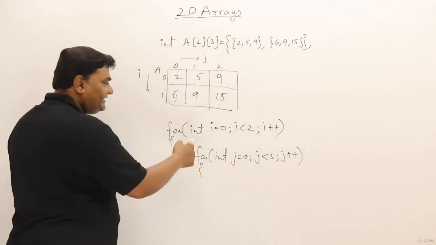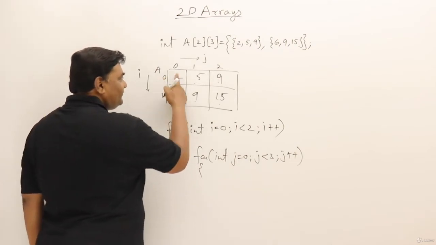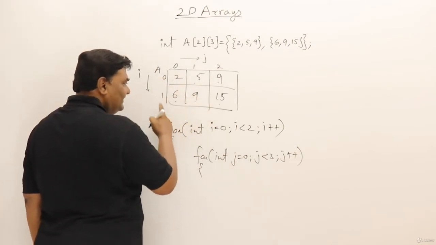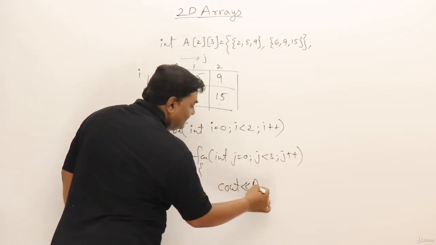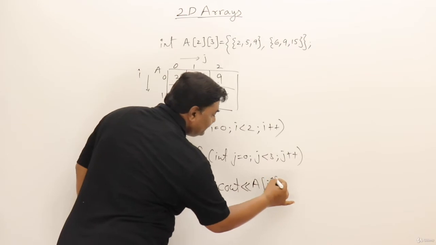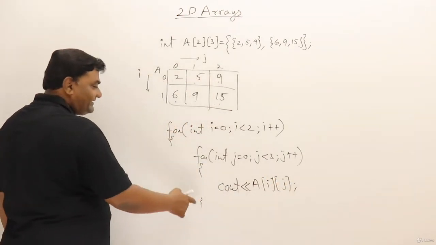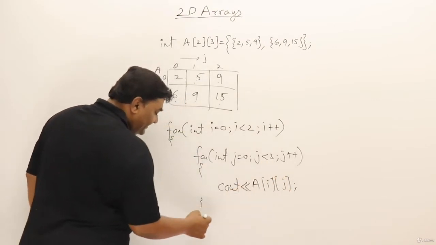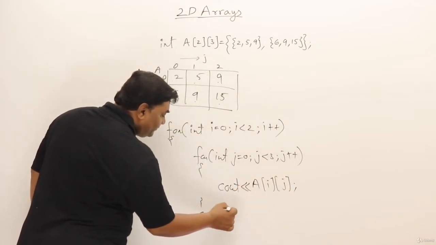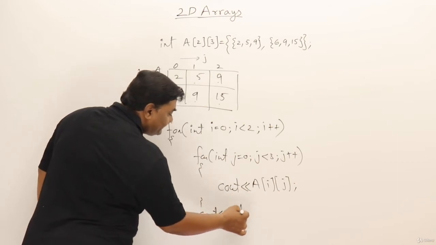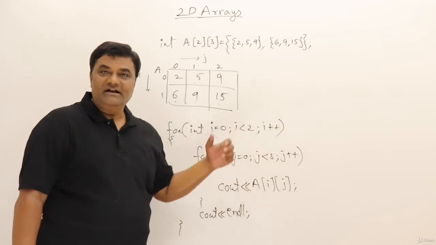So you know well how these two nested for loops will take the values. They will take the values 0, 0, 0, 1, 0, 2 and so on. That is 1, 0, 1, 1, 1, 2. So cout A of i comma j. In this way all the elements will be accessed, and here I am displaying all of them. Now one more thing is, after every row I want to make a new line. So say cout endl after this. Now let me write it as a complete program and show you.